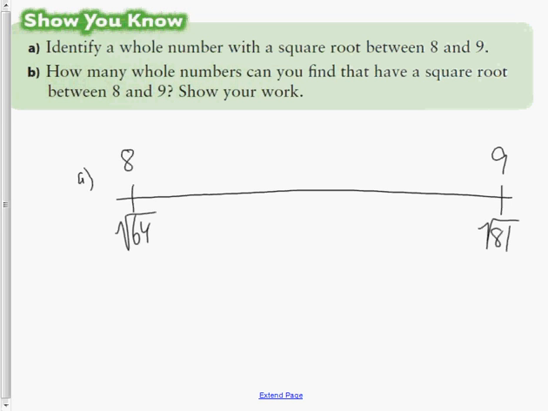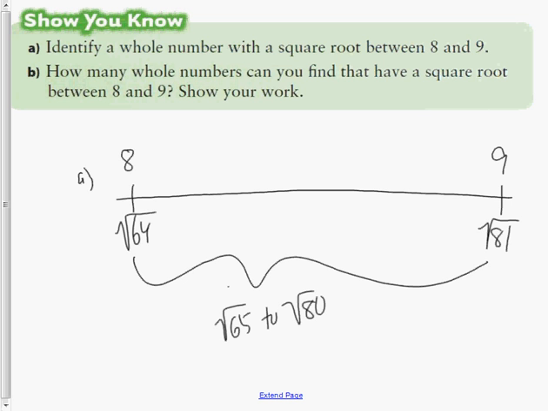So any number between here, all the way from the square root of 65 to the square root of 80 exactly, those are all of the whole numbers which will have a square root of 8 decimal something. Okay? That's really what it's asking you. So how many are there? Well,